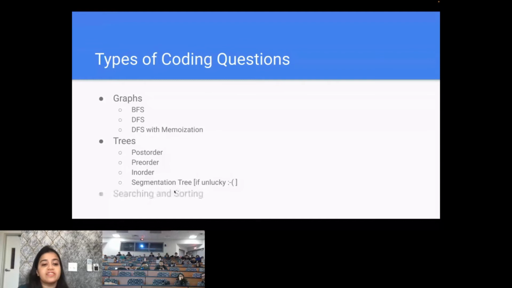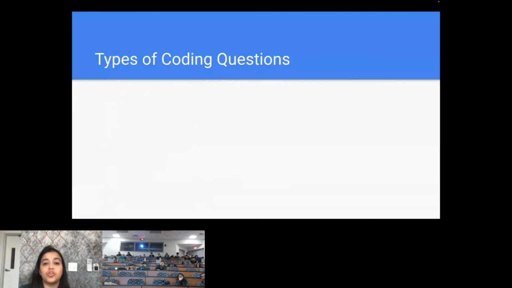And of course there's searching and sorting, like binary search, heap sort, and all those things. When I say heap sort, I would also like to emphasize the quick select algorithm. I think it's a really nice and very powerful algorithm, and it's worth knowing quick select. There are heaps, min heap, max heap.